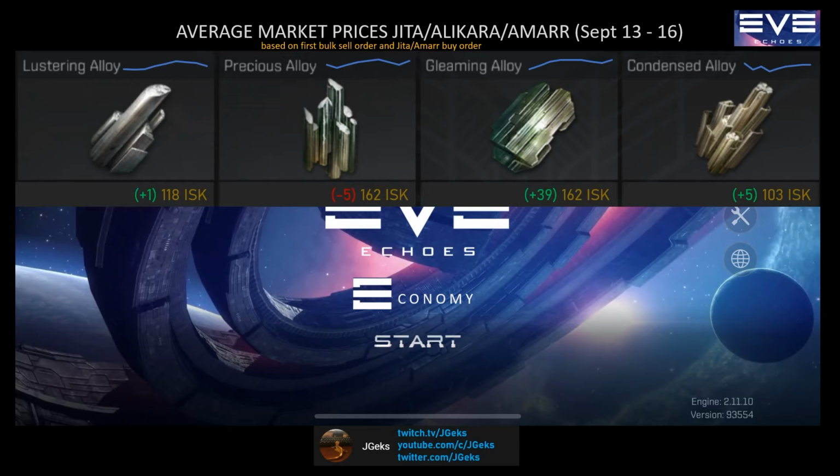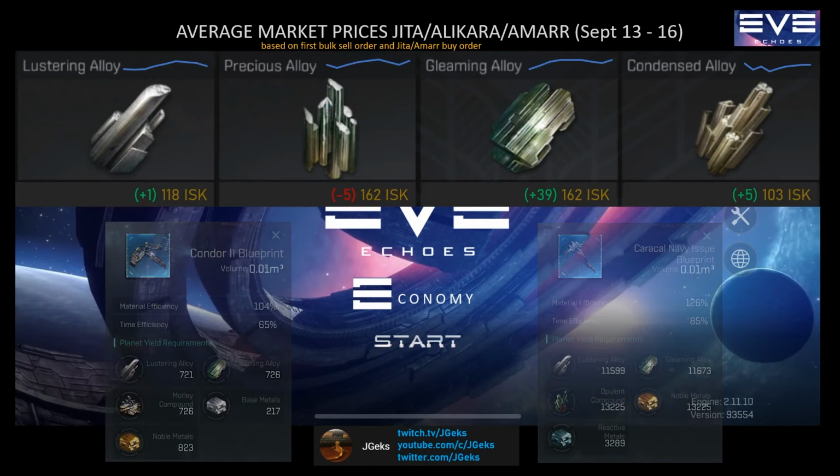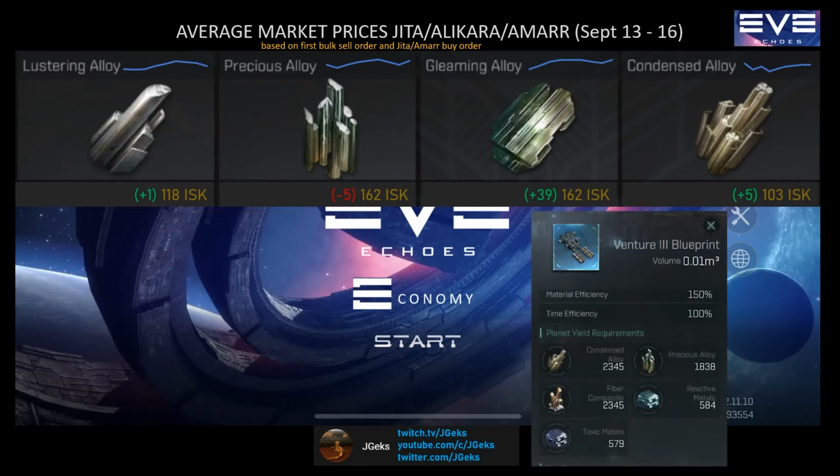Lustering alloy is used for all Tier 4 to Tier 6 ships and has stabilized over the past week around 118 ISK. Precious alloys are averaging at 162 ISK and have become a hot commodity due to being used in crafting all Tier 7 ships, which include battlecruisers. It's also used in crafting Venture 3s,